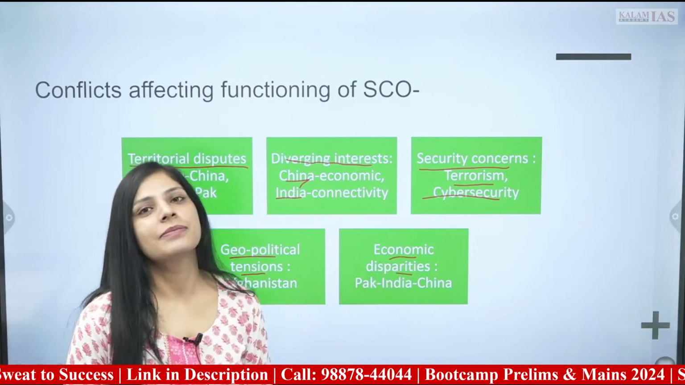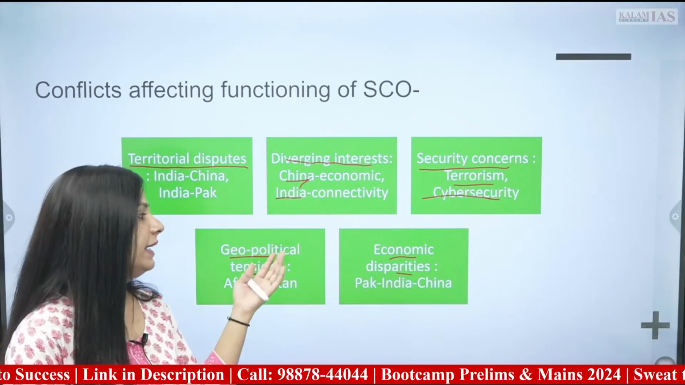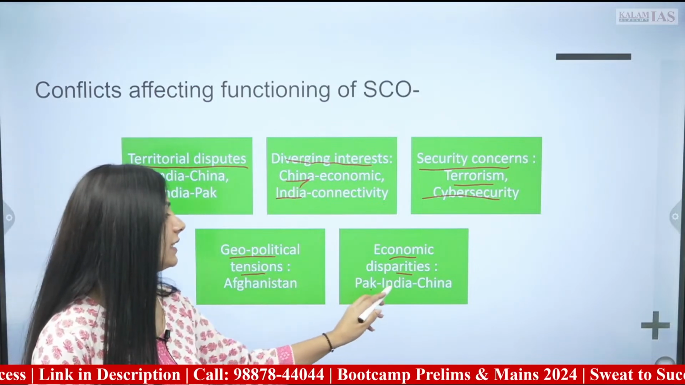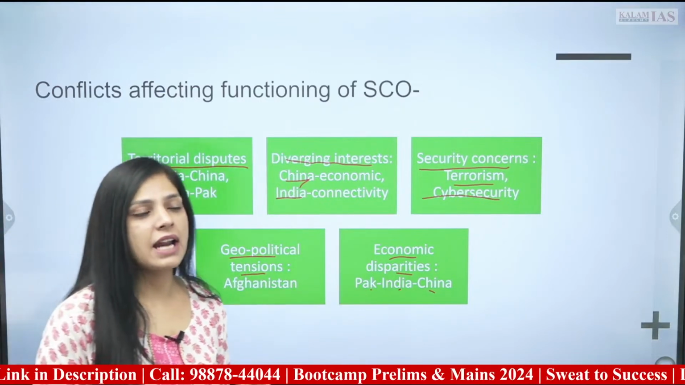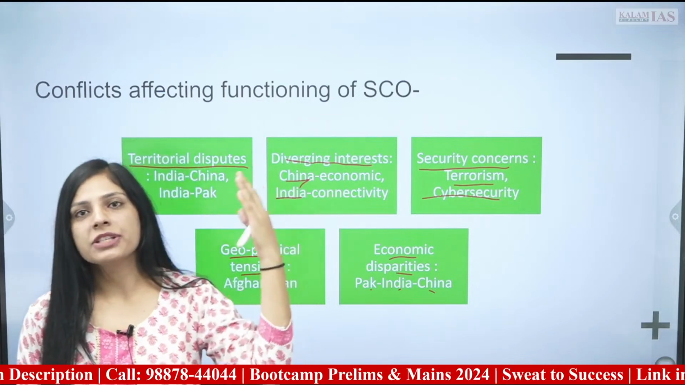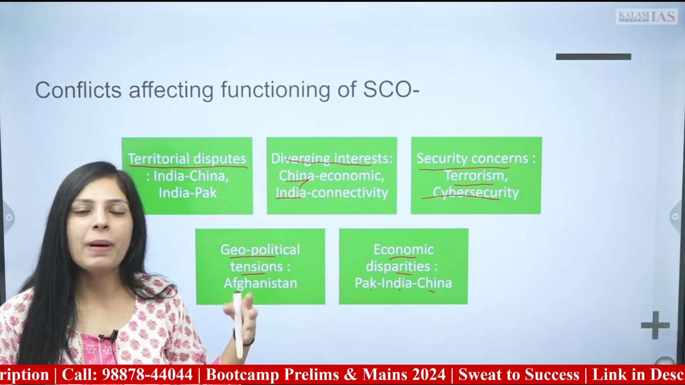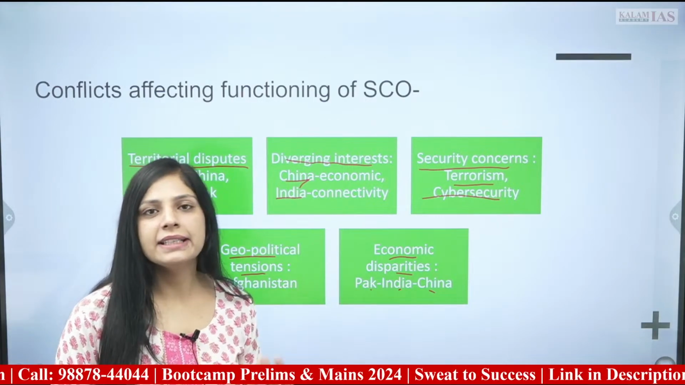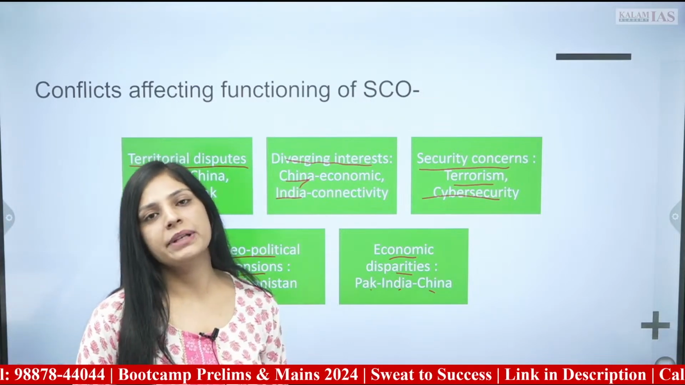Economic disparities. See, as the members are diverse, their national interests are different, but their economies are also different. If we look at the economies of these three countries, Pakistan, India and China, we see that we have started more or less during the same time. But look at the situation of China, then you look at the situation in India, and then how Pakistan is dealing with the economic crisis. So all these disparities and asymmetries in the grouping hamper the functioning of